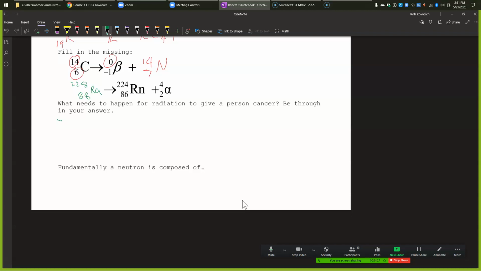Yep. So the energy must be able to break a chemical bond. I'm being specific with chemical bond because I'm not talking about intermolecular forces. Intermolecular forces can be broken by lots of things. Infrared can break intermolecular forces. Visible light can break intermolecular forces, but that's not going to give you cancer. What's going to give you cancer is I break a chemical bond,